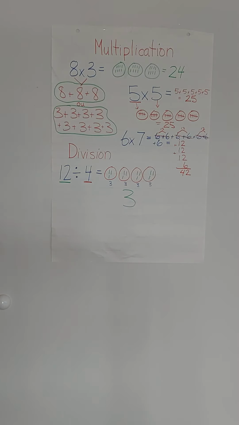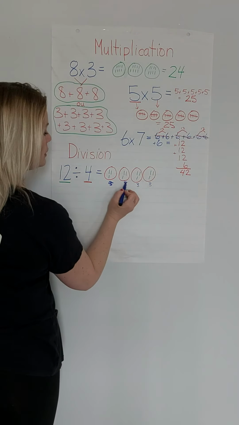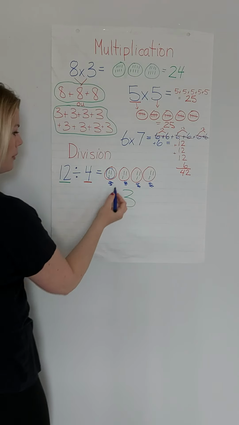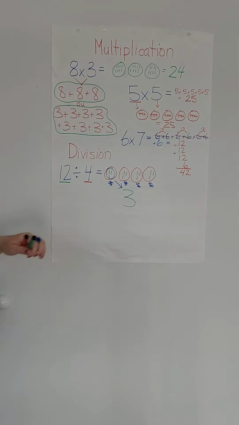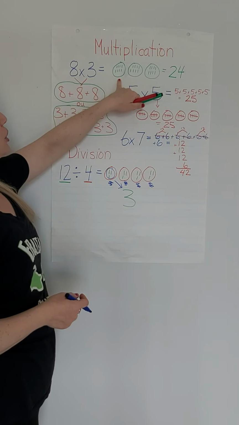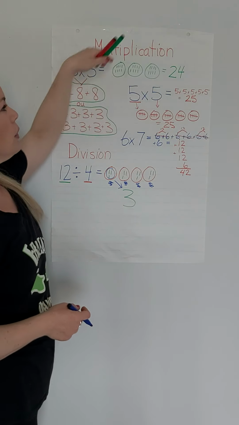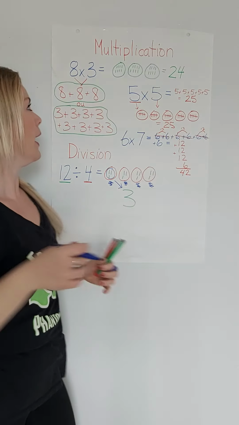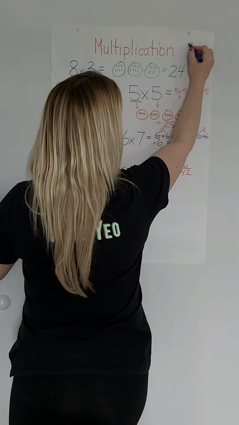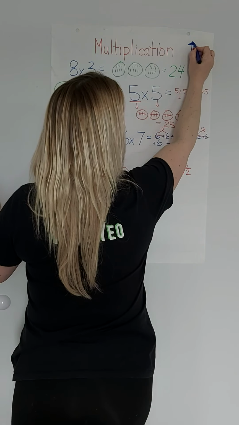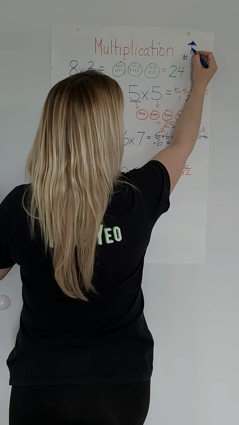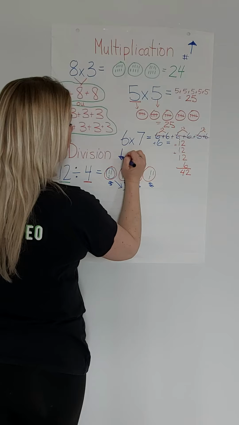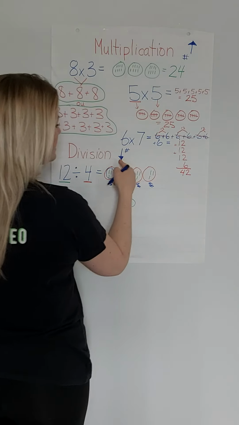Okay? Actually, this probably confuses you. You just count how many are in each one. We see that each one has 3 in it, so the answer is 3. Okay? So don't get it mixed up with multiplication. Multiplication is we are putting it in there and then counting all of them together. Remember, multiplication gets bigger. The number will go up. The number gets bigger when you have it. In division, the number goes down. So the number will get smaller.